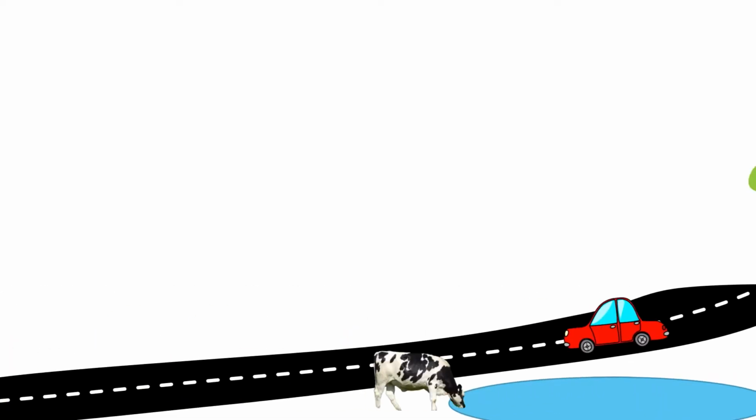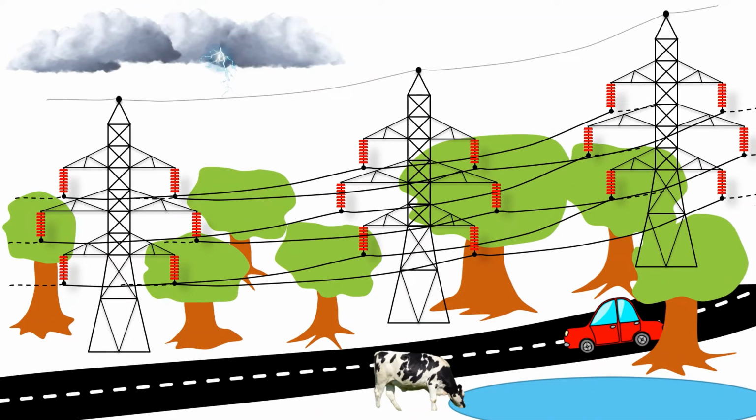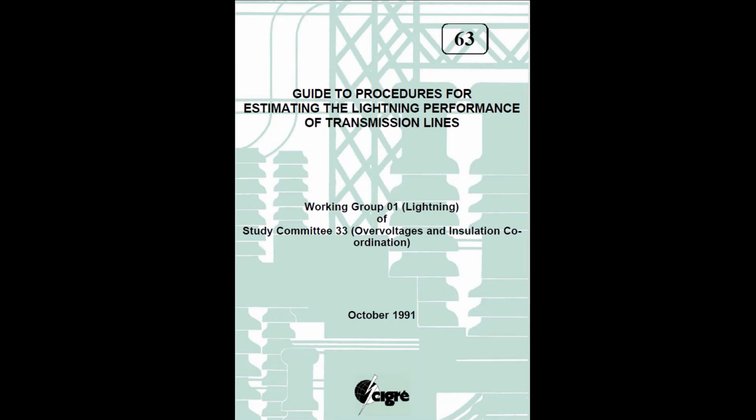When lightning travels towards Earth, it is attracted by the tallest and nearest structure of opposite potential or zero potential. More flashes are collected by taller structures. So we would need to know the lightning collection rate for a particular area, which depends on the height of the structure, width of the crossarm, and ground flash density. In the scenario presented here, the lightning will be attracted by the tallest structure, which in this case is the transmission tower. CIGRE Technical Brochure 63 provides the formula for calculating lightning collection rate and ground flash density.